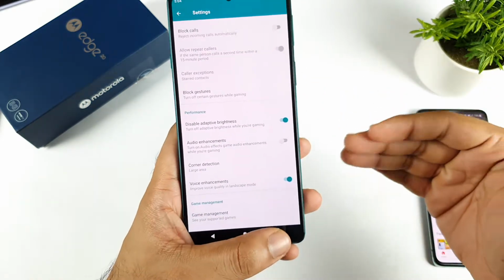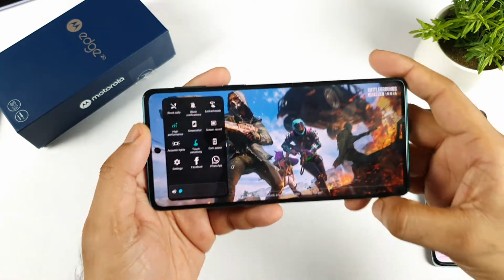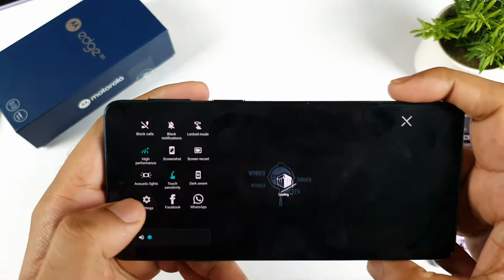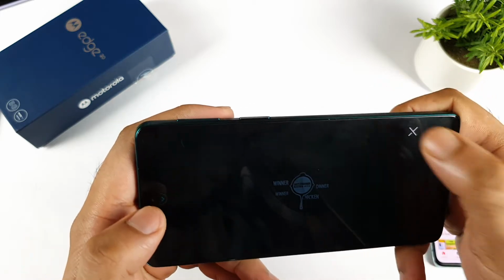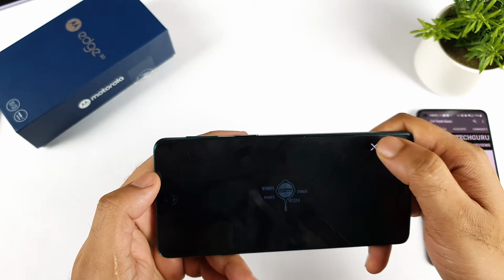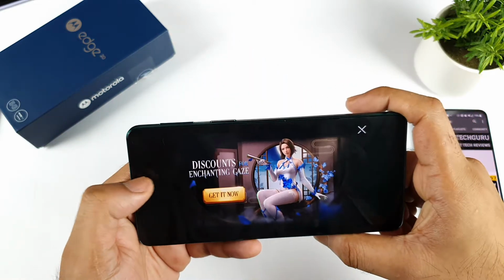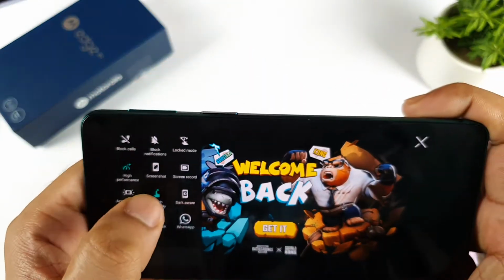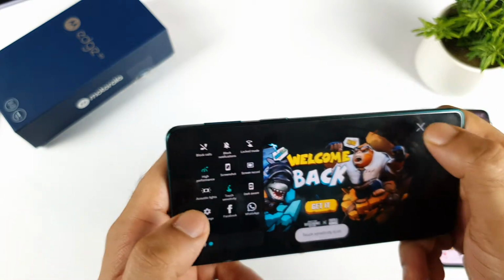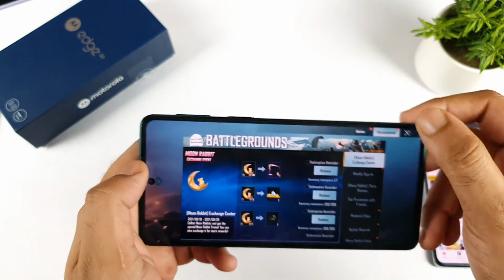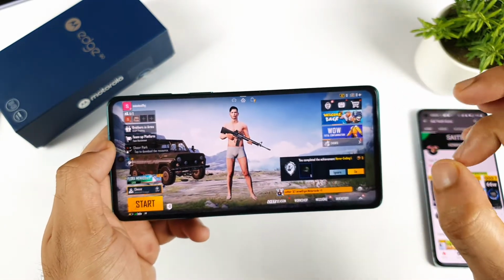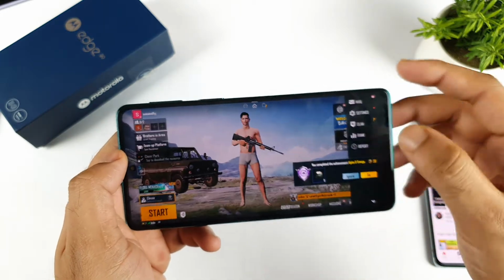Now let's explore the actual gameplay. And the main reason why I think only few games are supported with this kind of acoustic light effects. And one more quick note, if you want to experience the high touch sampling rate in the Moto Edge 20 device, always try to enable this option which is called the touch sensitivity. If you disable this, the touch sampling rate will be very low in the Moto Edge 20. You need to enable that option to get the higher touch sampling rate in this device.